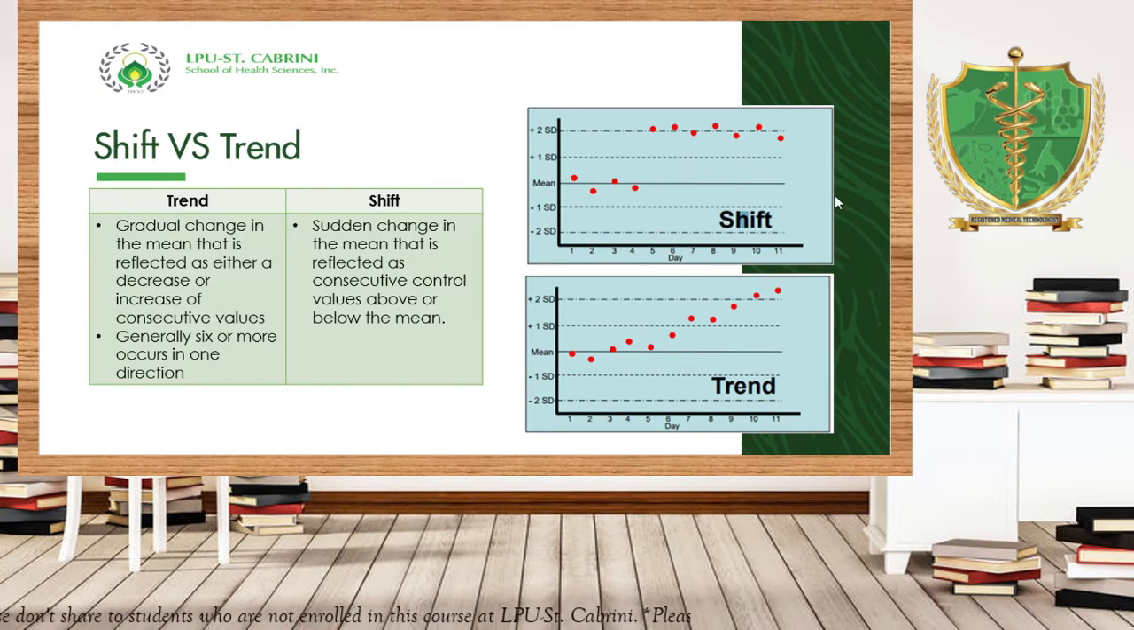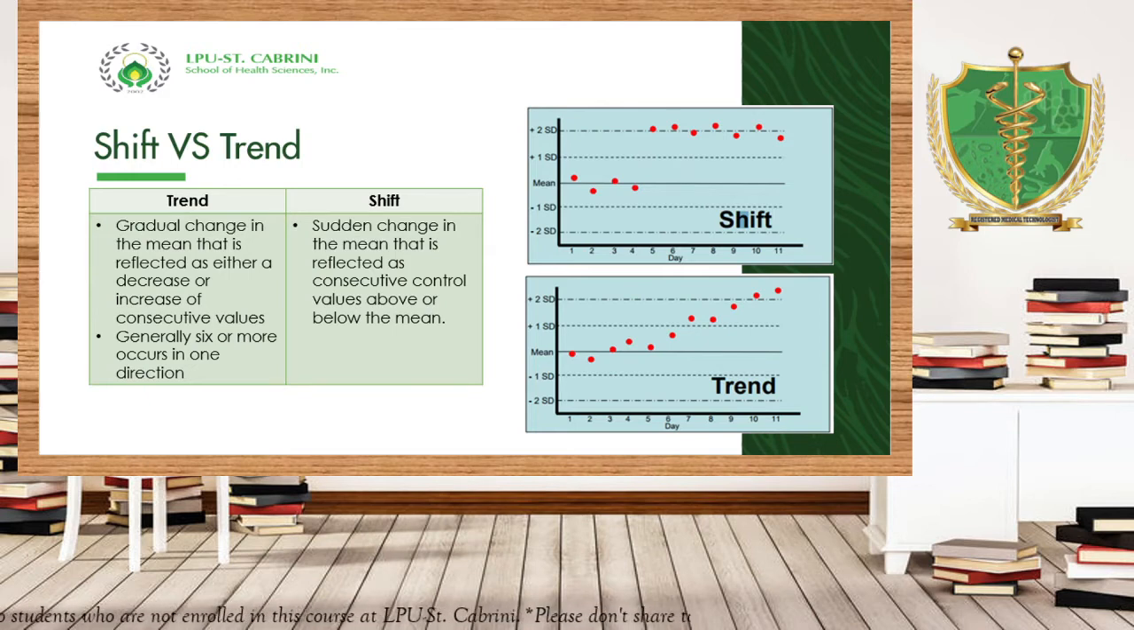In this case, we have here a shift or sudden change in our control value. Kapag trend, gradual change. Kapag sudden change, that is shift. So, madali. SS, sudden shift. GT, gradual trend. Okay, and kapag trend, generally, 6 consecutive times yung value na nag-occur